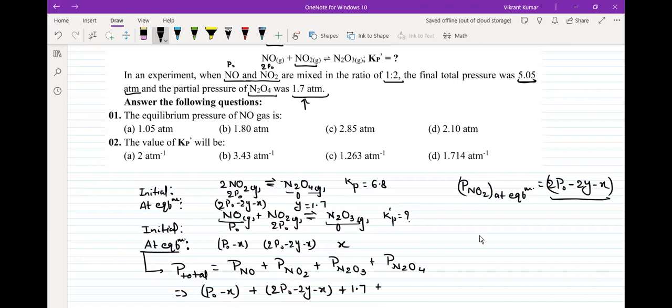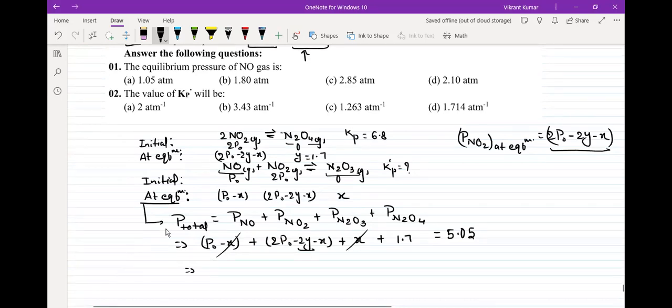And sorry, not N2O4, N2O3. This is X and this is 1.7. So we can replace this one later with 1.7. But this whole thing is 5.05. See how easy this becomes. X will get cancelled. Now we can say